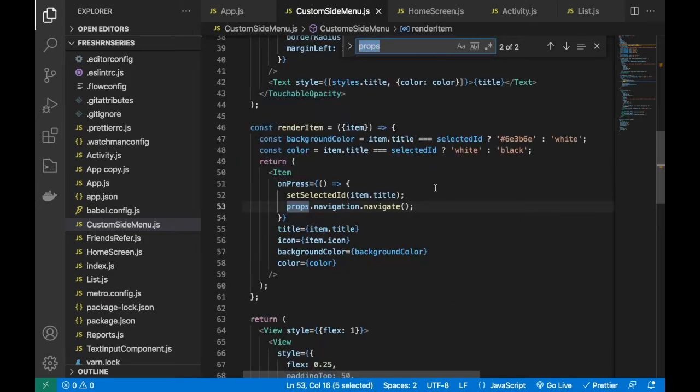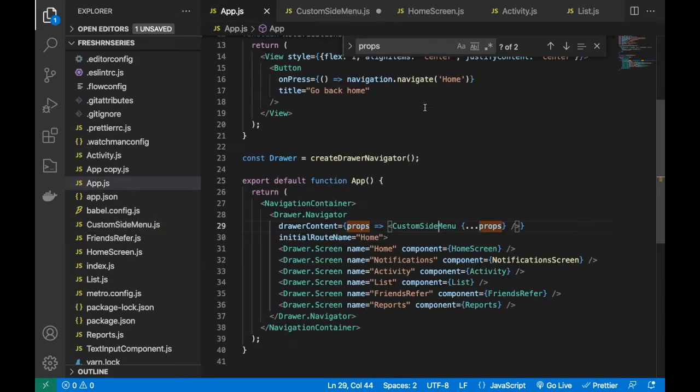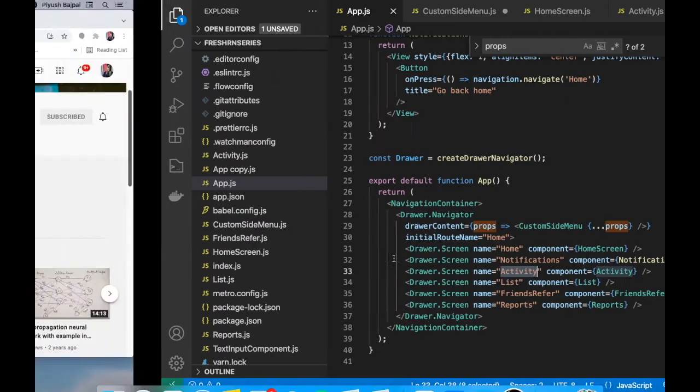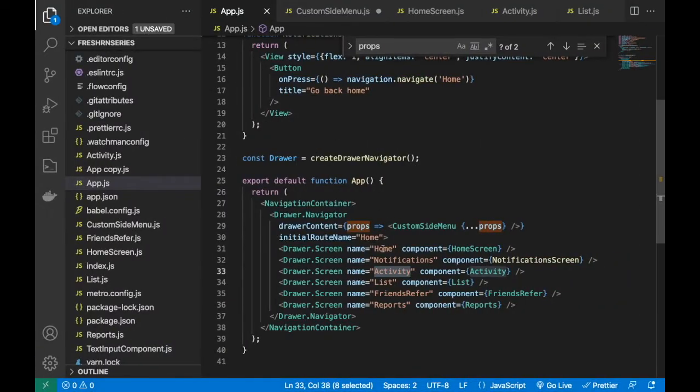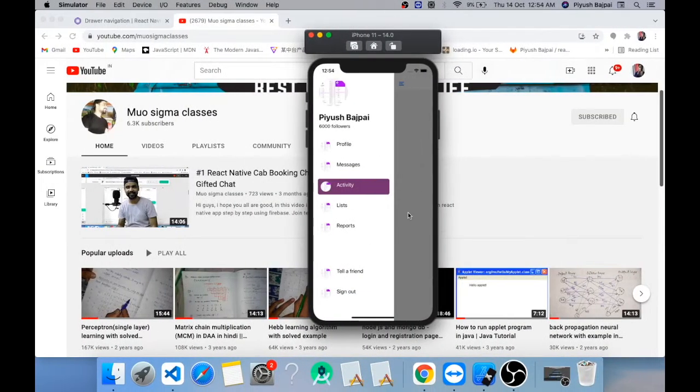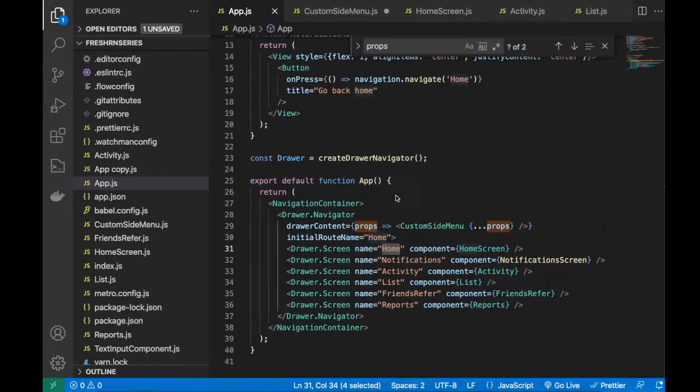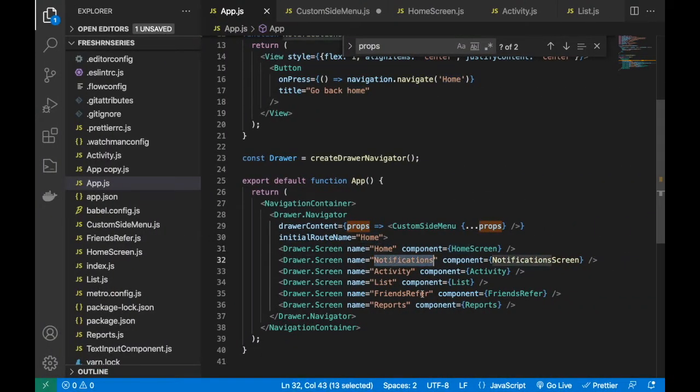So here I have props.navigation.navigate, and then I have to first pass the key of the component so that I can access the component. As I told you earlier, if you want to access these components, you have to use the respective keys, like name. Suppose I want to go to the profile, then I have home, right? I have to navigate to home, but currently we are in the home page, right? So let me give you the notification page. Let me just access this notification only.